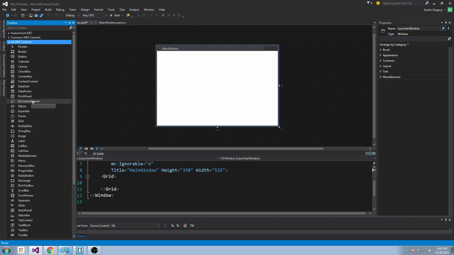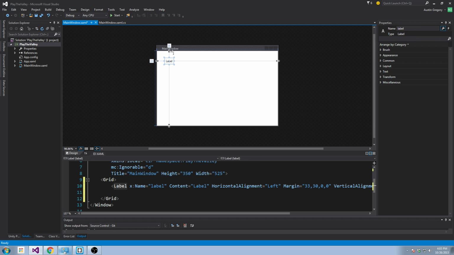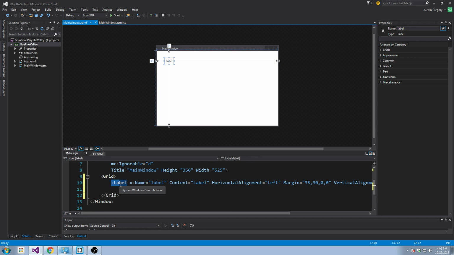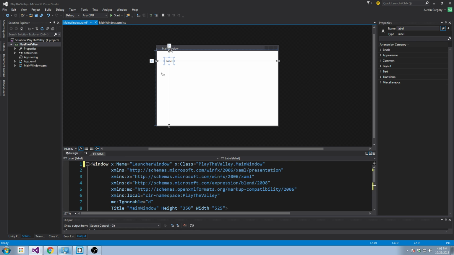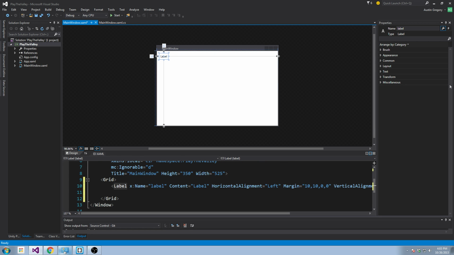And the first thing I'm going to do is add a label. So I'm going to grab label and just simply drag it and drop it on the application. Notice that down here in the XAML, it shows what we're doing, and it has all the values just like you would expect. But we can also control it in the WYSIWYG editor. Pretty cool. So if I double click on that label, I can type what I want it to say. And I want to say the valley,